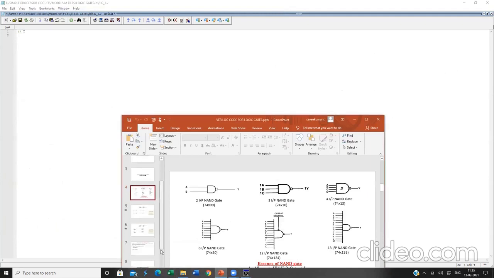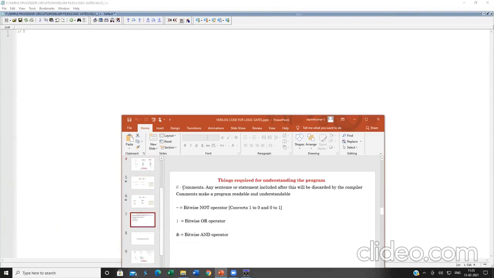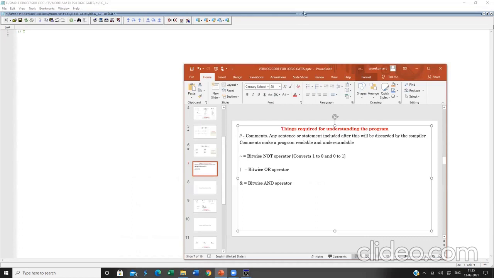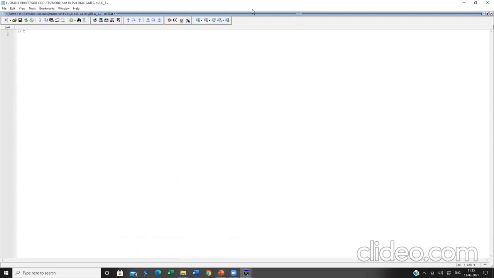Anything placed within the 2 forward slashes will be considered a comment. So I'm going to provide a comment here.